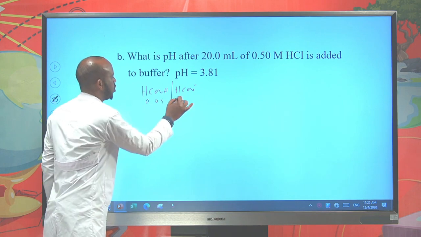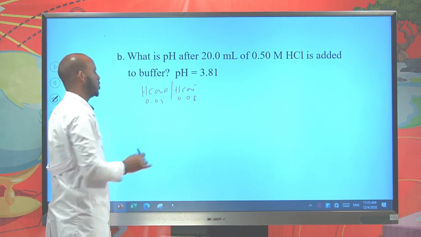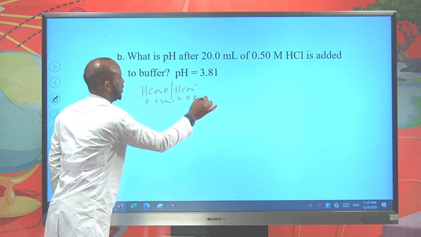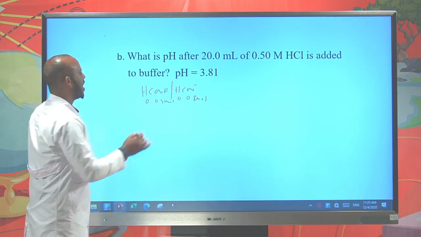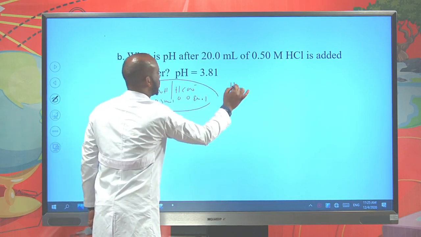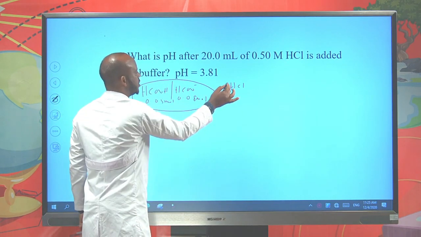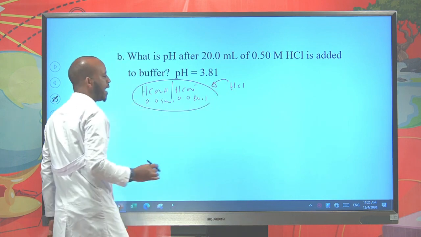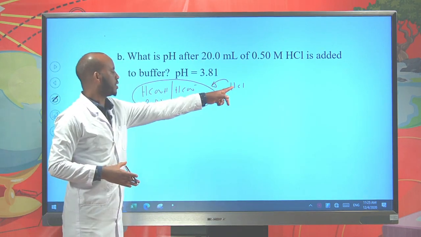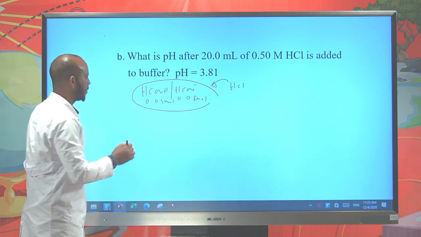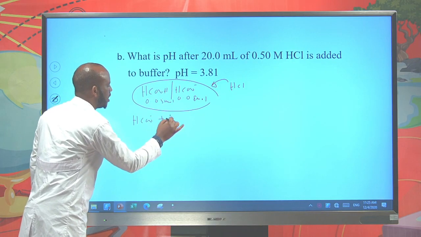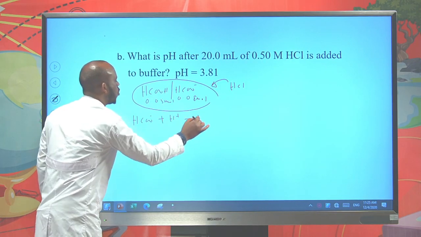Amount of formate is 0.08 mole. To this buffer solution, hydrochloric acid is added. Now the added acid supplies H+. This acid reacts with the base, formate: HCOO- plus H+ gives formic acid,